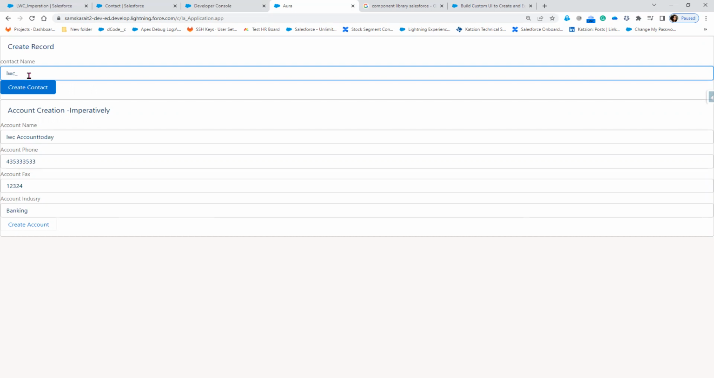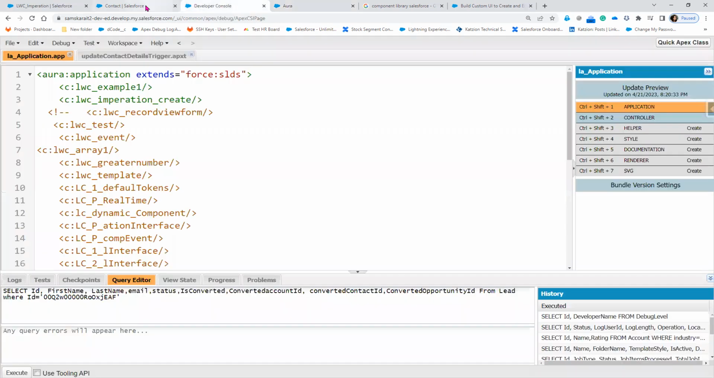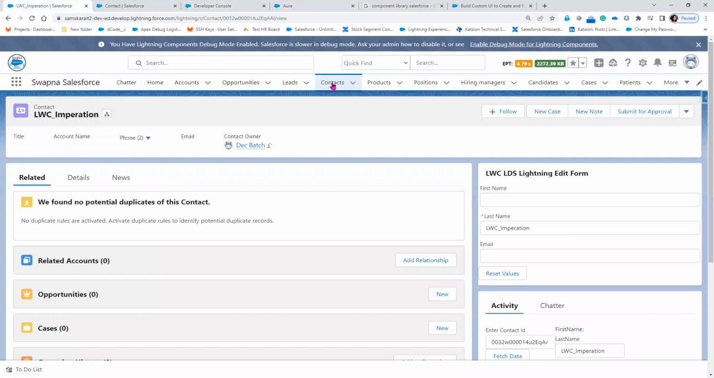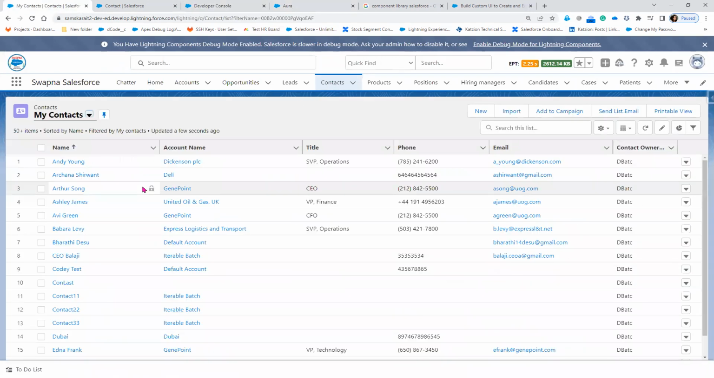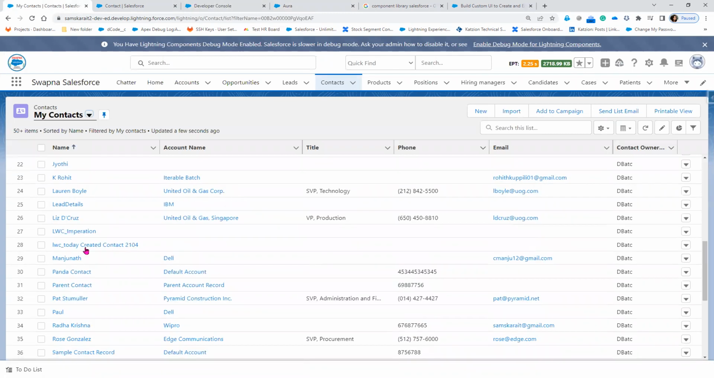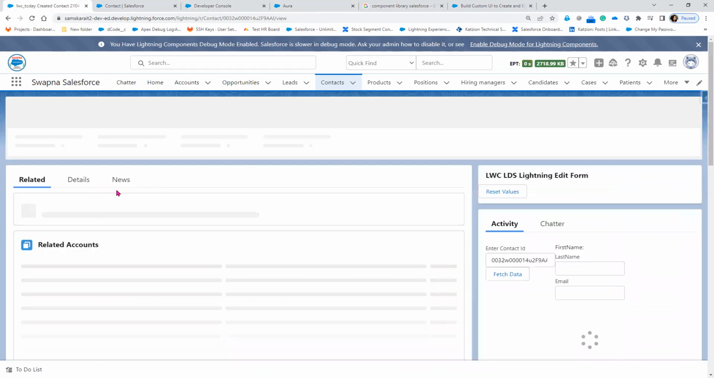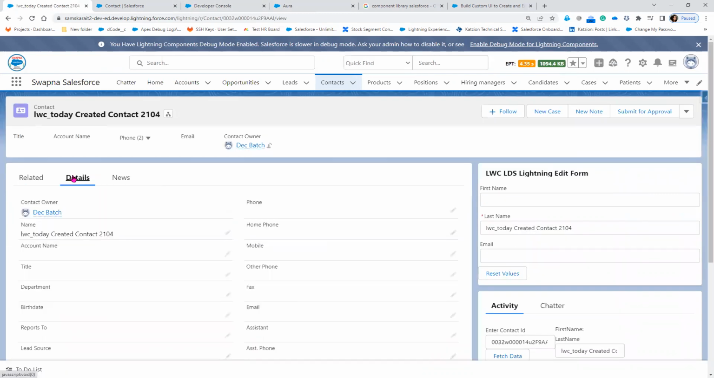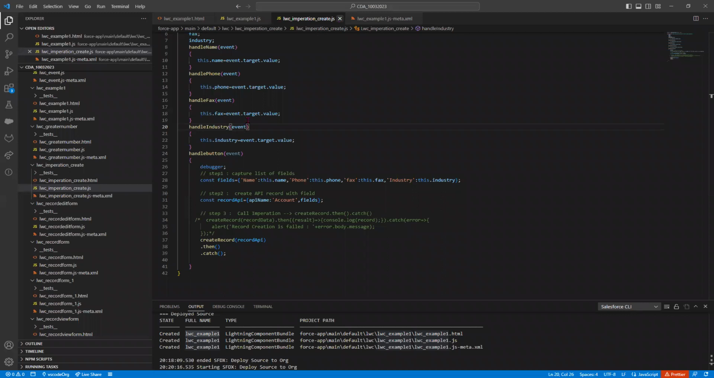LWC. Today I created contact. I'll give the 2404. So let's click on create contact. Now let's go ahead and see in the contact list. LWC today created contact. I think at the account level, something is having a problem. So what I'll do is, in the contact, whatever contact we have created, for that contact, I'm going